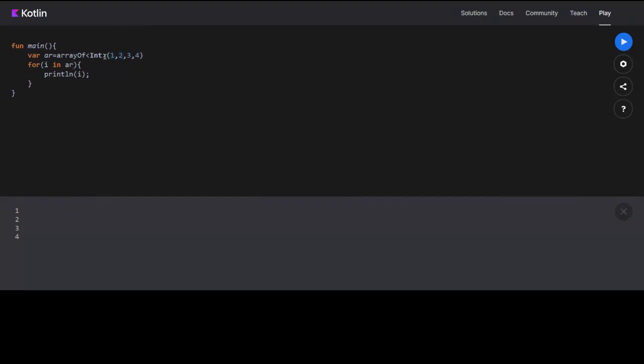Like if you want to go through, let's say 0 to 3, and I print AR of I, now the value of I will be 0, 1, 2, 3. So now I have to say AR of I. Now it will print this because I'm iterating from 0 to 3. So this is another syntax in Kotlin to define a range of values. This is used to define a range from 0 to 3.